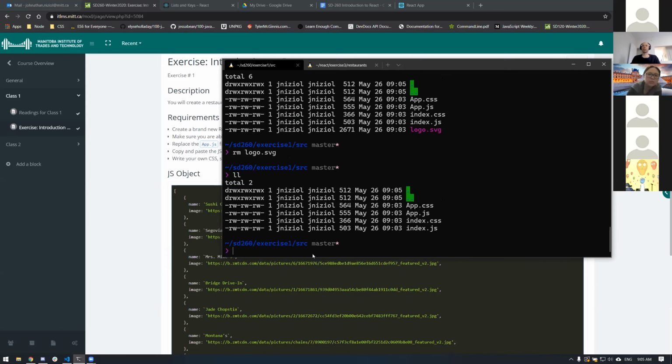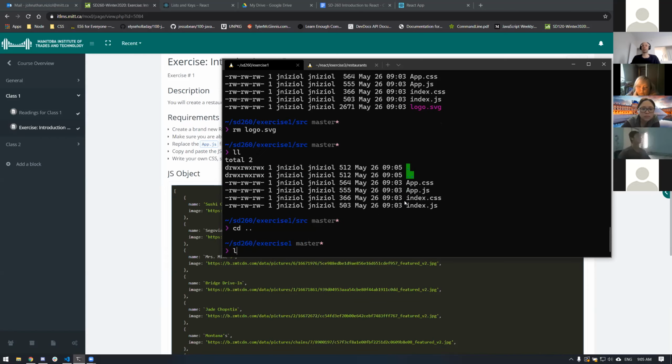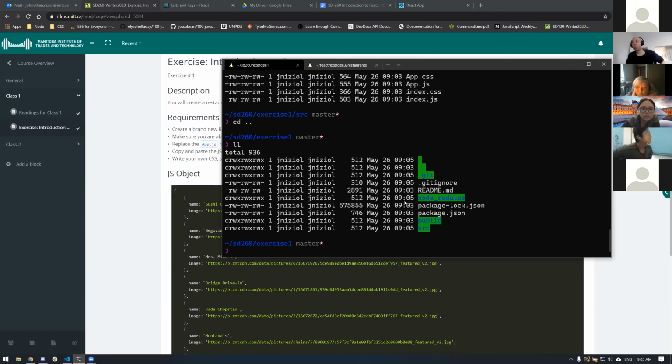We don't need that either. Okay, and these are all going to change anyways. I'm not going to delete them because they have some nice templating already in them, but they're all going to change anyways. So usually what I like to do when I start, I either like to get 2 tabs open